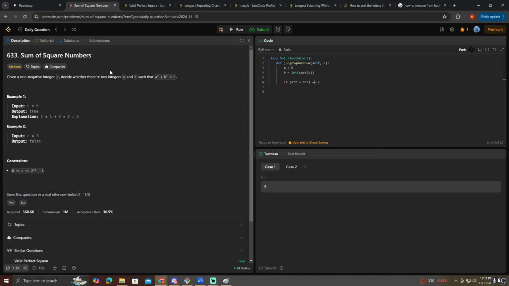B squared is equal to c. And return true. Else if... we need a while loop. Oh, a is less than b, right? Because it can't be any bigger. Else if